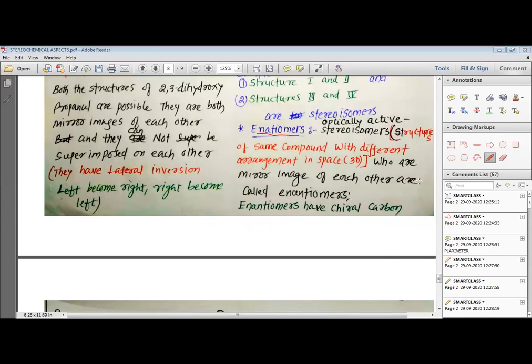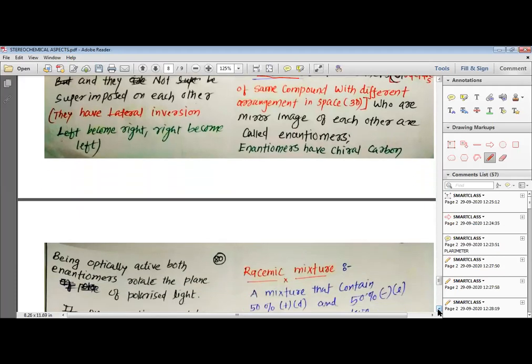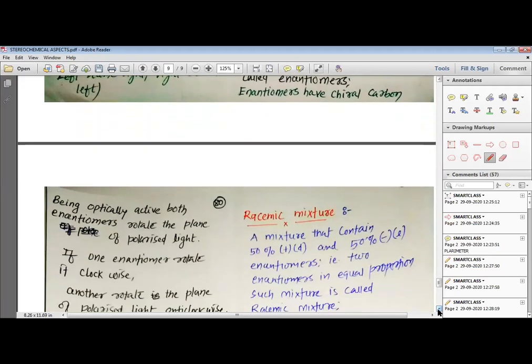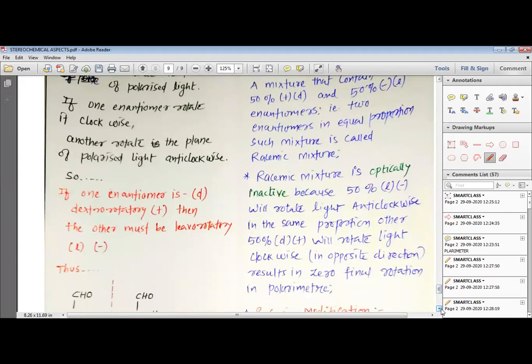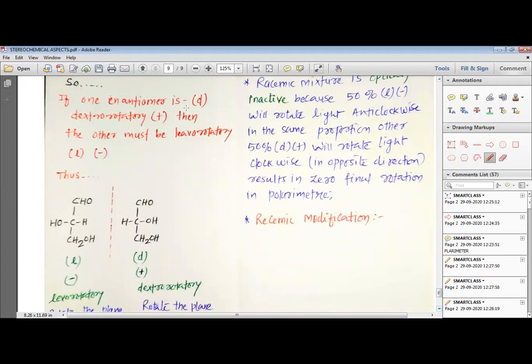Please remember, my dear students, that for two structures to be enantiomers, they must be optically active. They must be mirror images of each other. Enantiomers have a chiral carbon. Being optically active, both enantiomers rotate the plane of polarized light. If one enantiomer rotates the plane of polarized light clockwise, then the other will rotate it in the opposite direction, that is anti-clockwise. So, if one enantiomer